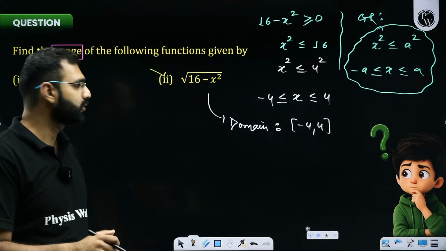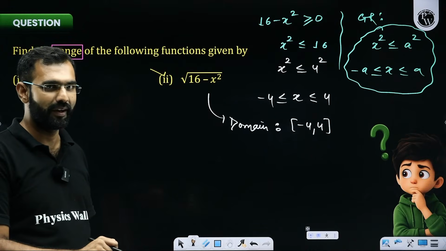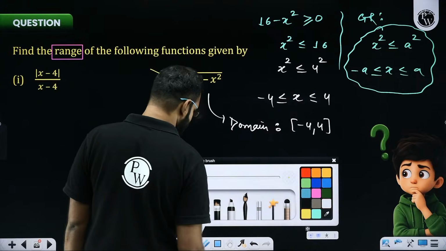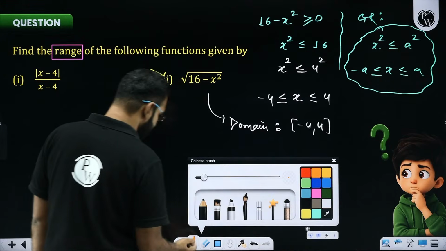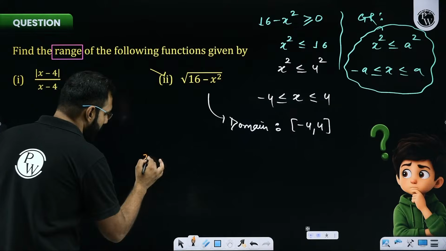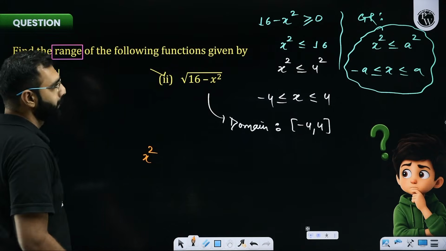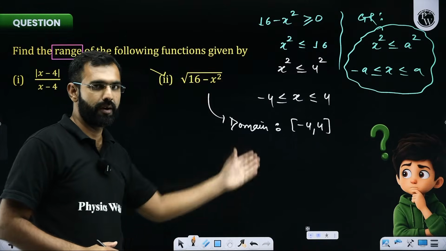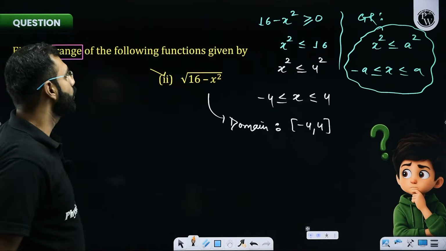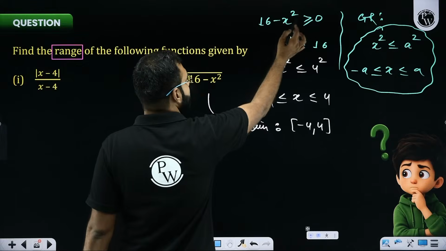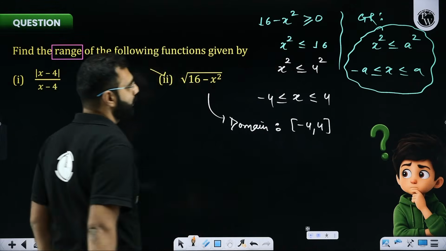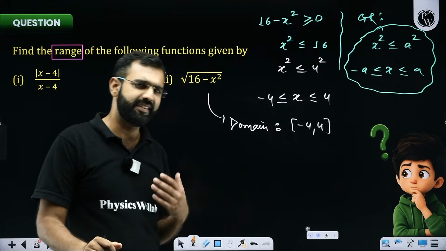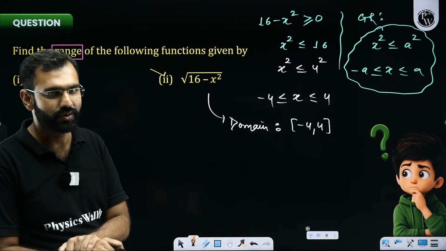Now, let's talk about the range. Everyone, please pay attention. It is going to be really interesting now. Can somebody help me with the range in this case? Everyone, are you all focusing? So here, x square. Can you help me with x square? Sir, let's try and understand 16 minus x square between minus 4 and 4. So we know that 16 minus x square will always be positive or non-negative for all these values. But can 16 minus x square be anything? Let's try and figure it out.